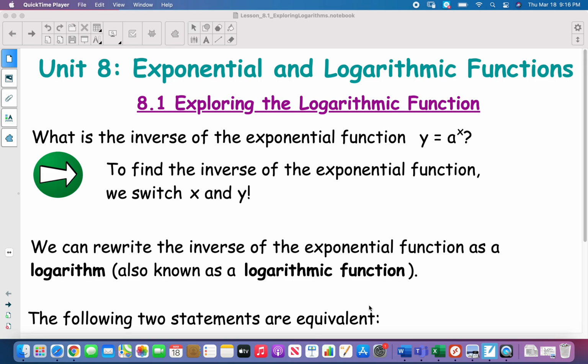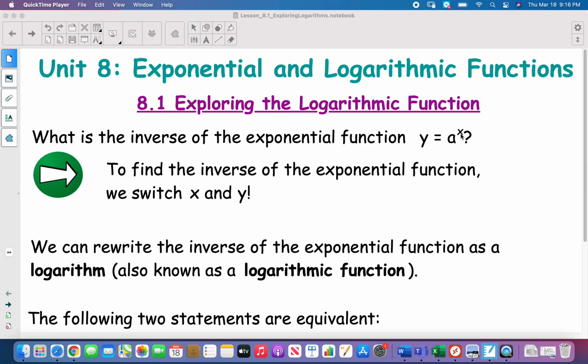We're going to start with the new unit, exponential and logarithmic functions, and we are doing lesson 8.1, which is on exploring the logarithmic function. So we are going to start with what is the inverse of the exponential function y equals a to the